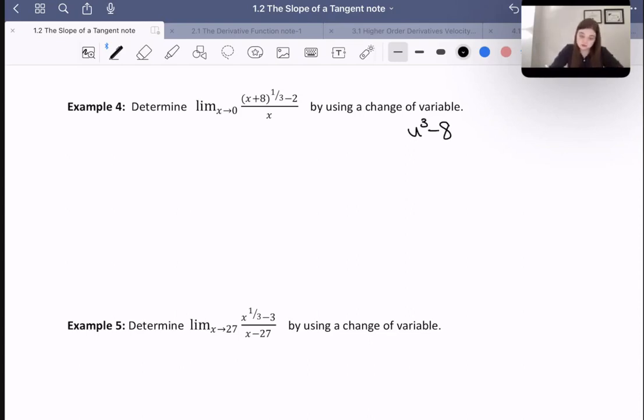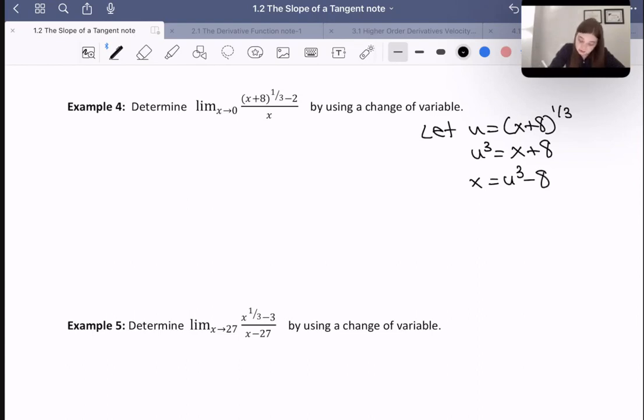If we let u, I should define my variables first. Let's let u equal x plus 8 to the power of a third. So therefore u cubed would be x plus 8, and therefore x would be equal to u cubed minus 8, right? Now, when we say as x goes to 0, we'd be saying, well, as u goes to 2,